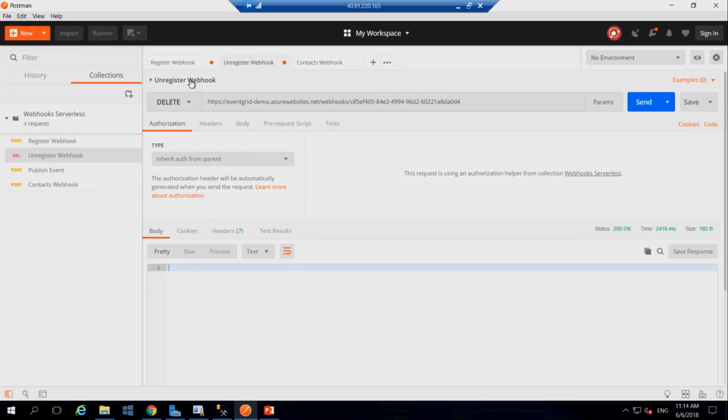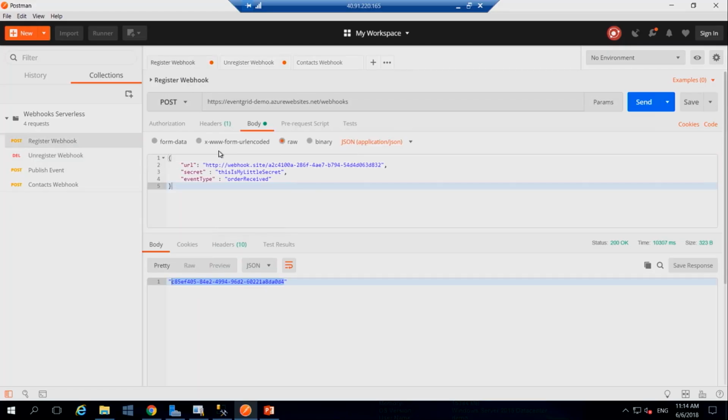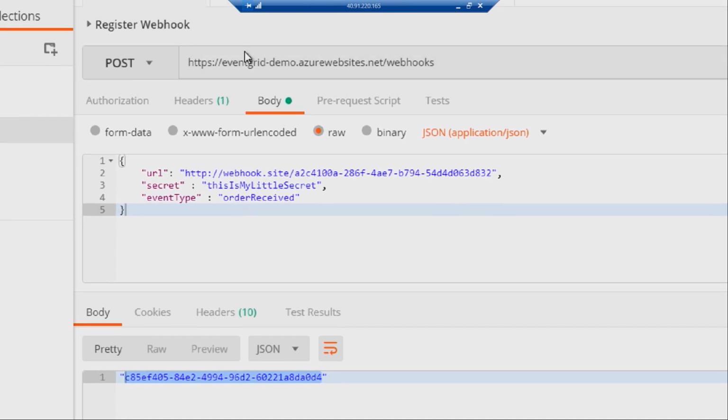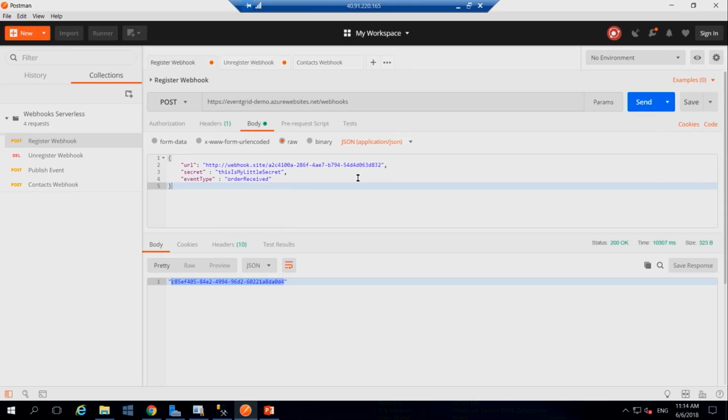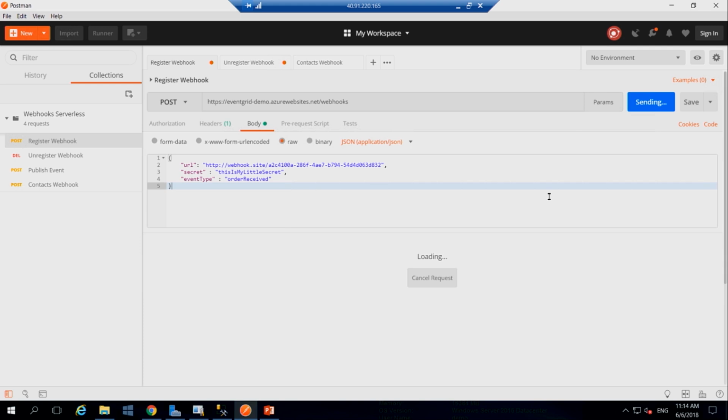I have here my register webhook call. I just need to do a post on my Azure function. I provide a URL, it's webhook site, it's an alternative to request bin. So I should see my request coming in over there. This is my shared secret, and I want to subscribe on the order received event. So I click send. I don't need to blame the Wi-Fi because I'm wired up, but I'm using Azure functions